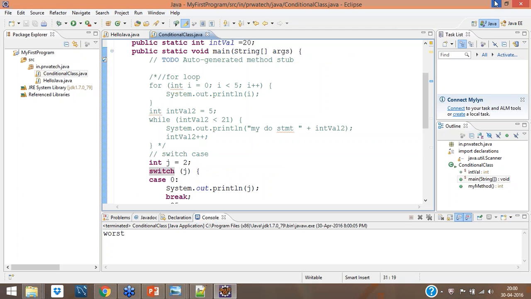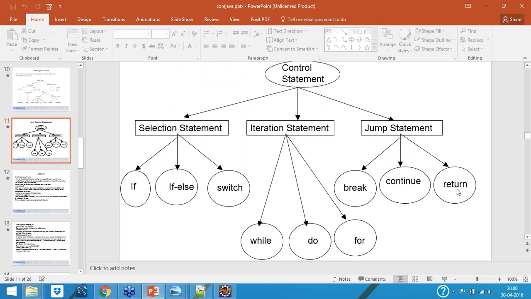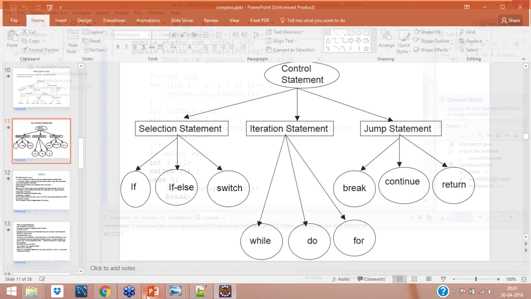Then the return statement, I have told you about this. Return is used for a method. The method will have a return statement. If our method has a return type of integer, then you have to give an integer value in return. Okay, I hope you guys are able to understand my concept.